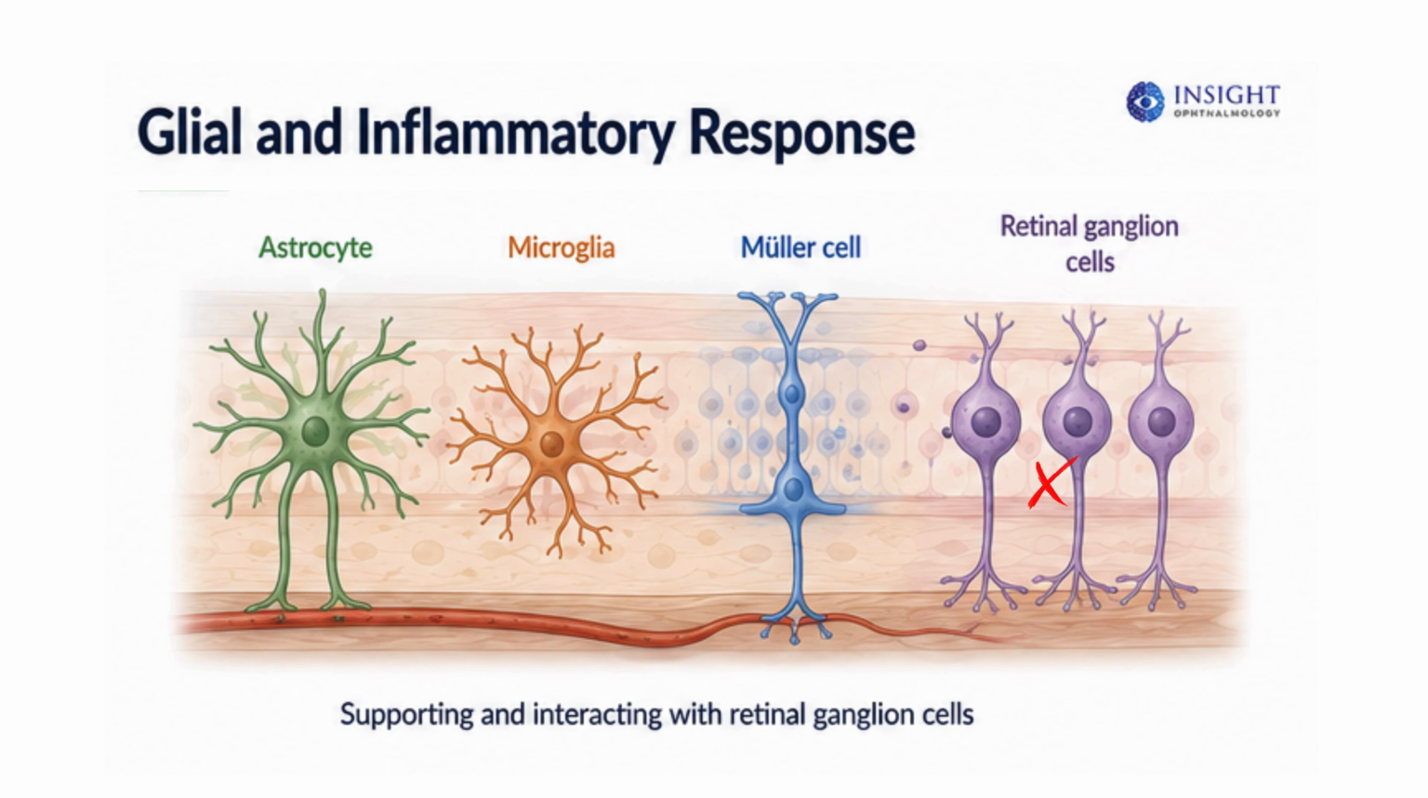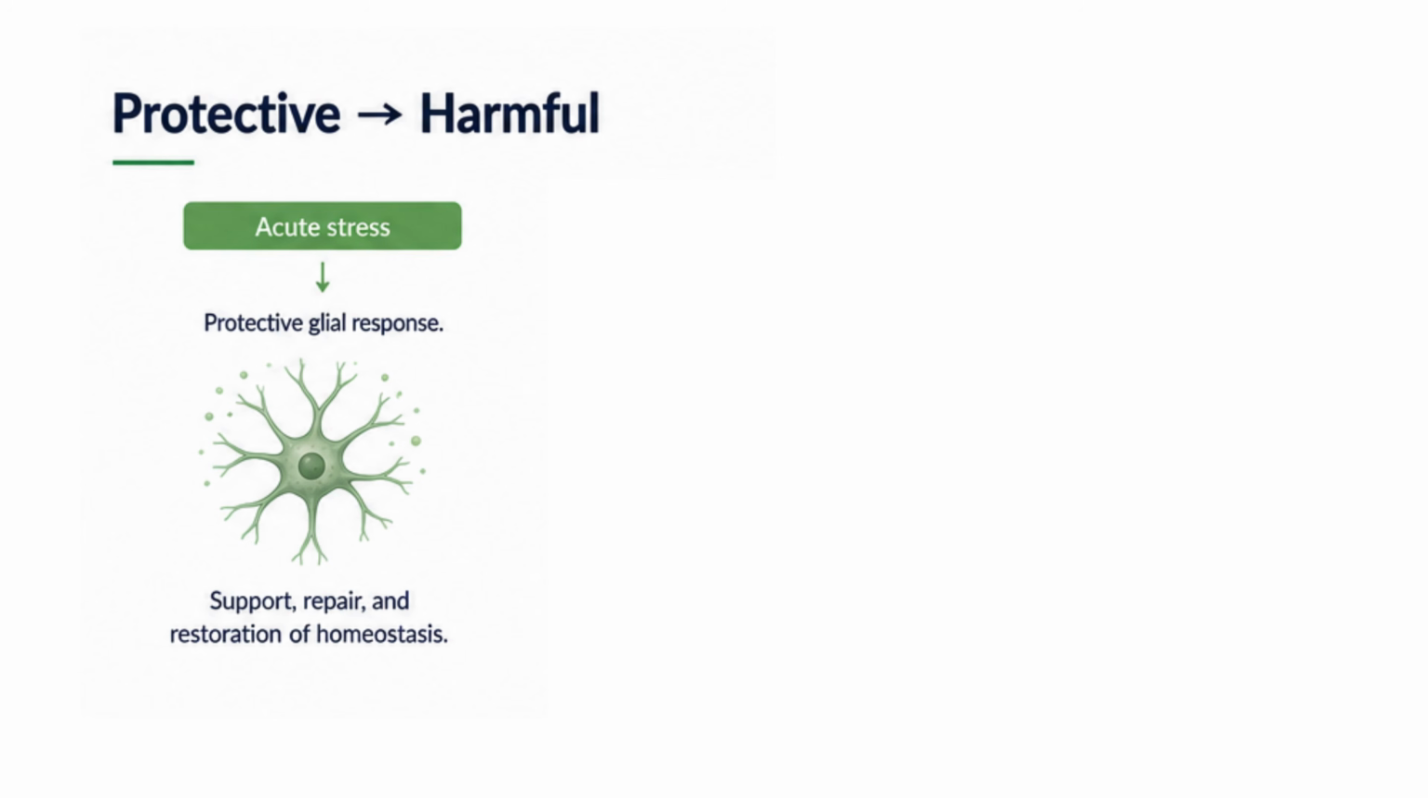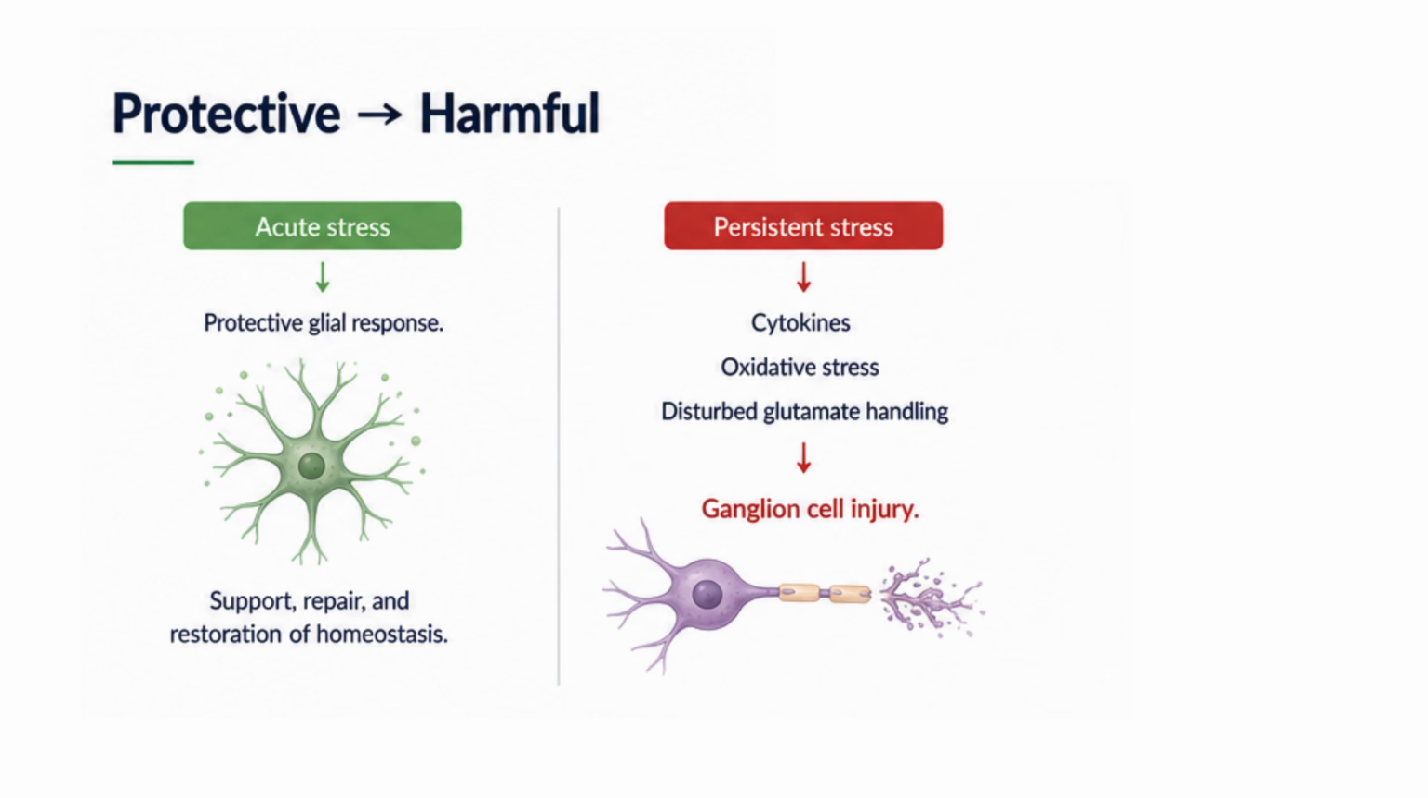In response to the dying retinal ganglion cells, there is also a glial or inflammatory response. The astrocytes, microglia, and the Muller cells normally support the retinal neurons and they help to maintain the local environment. In early injury to the ganglion cells, this response of proliferation of the glial cells is protective. But when the stress becomes persistent, prolonged glial activation can contribute to a harmful inflammatory environment. The same cells now bring cytokines, cause oxidative stress, disturb the glutamate handling and other mediators, and may further increase